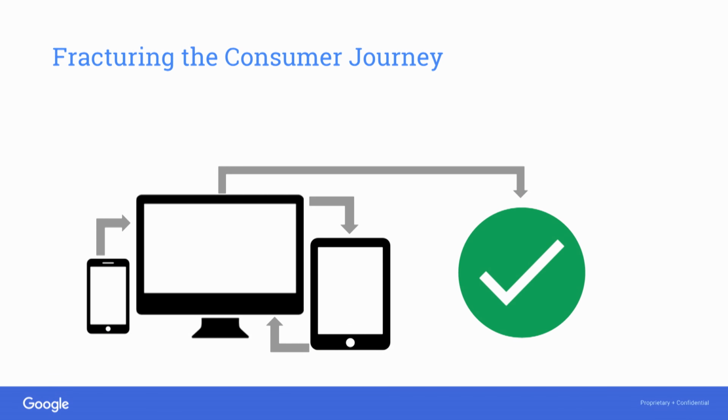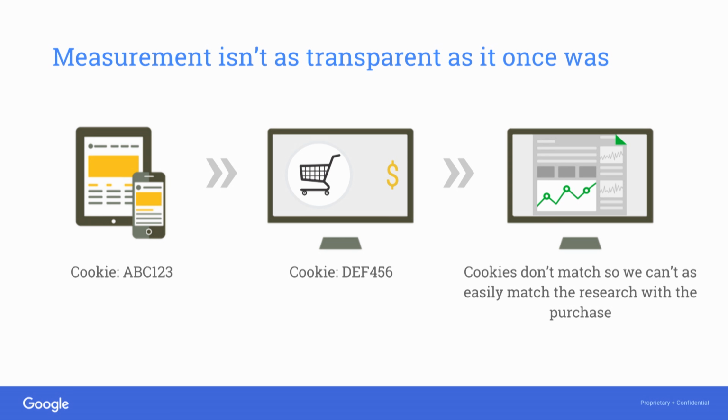Exactly. I think you're spot on there. We said mobile's been fracturing the consumer journey. It's made things more difficult to measure, but part of the hard part here is the growing pain of having to rethink, okay, how do we measure things more accurately? And part of the reason it is difficult is because if we do the same comparison to what we looked at before, cookies don't line up across mobile and desktop. And so it has become more difficult to match the research and discovery with that final purchase.